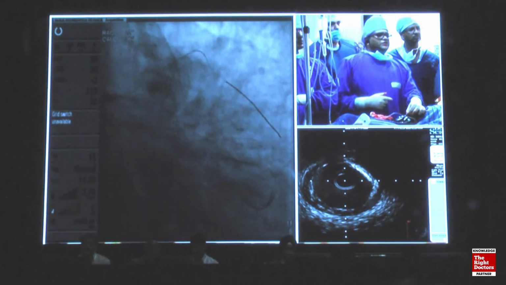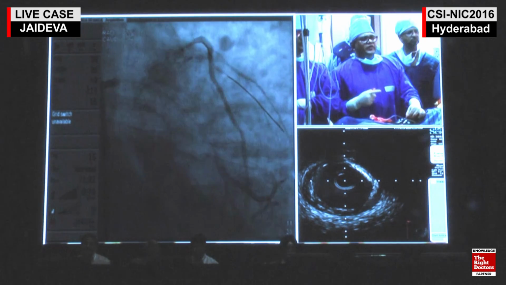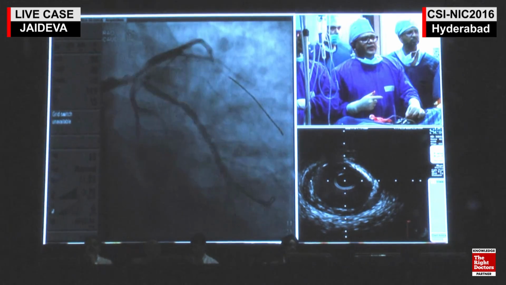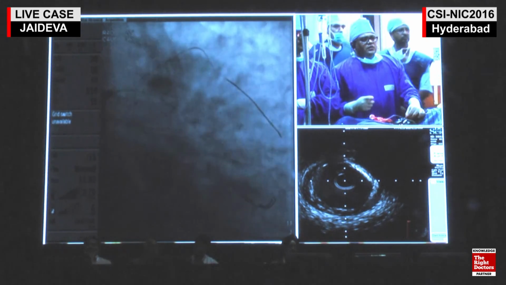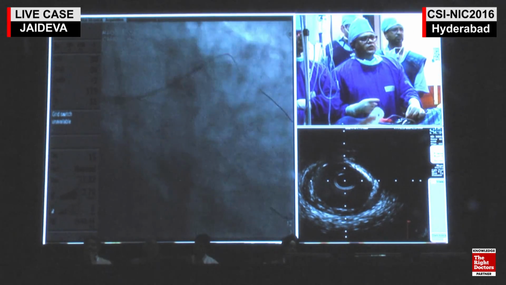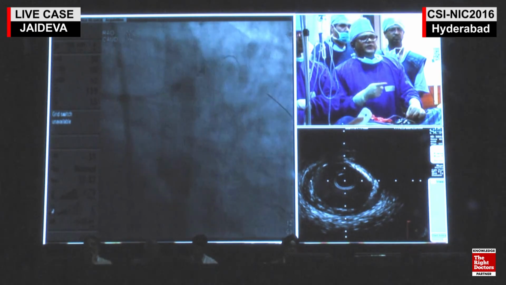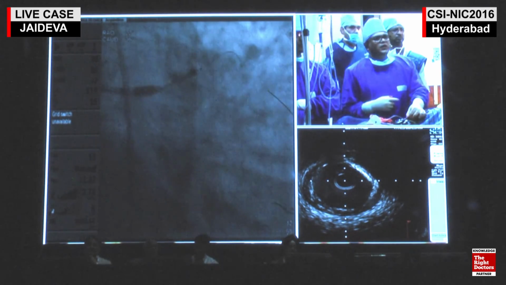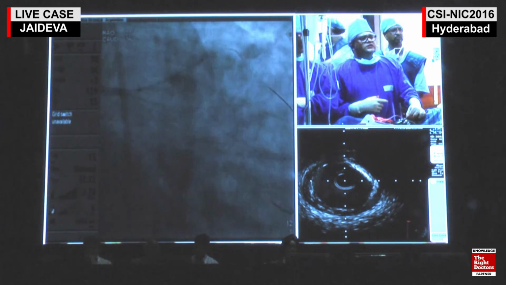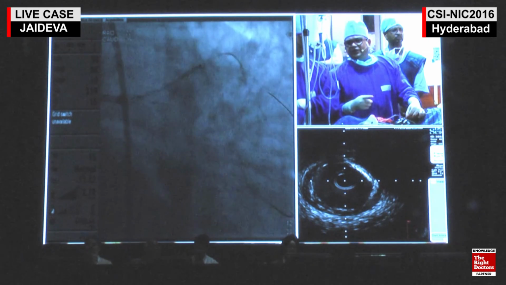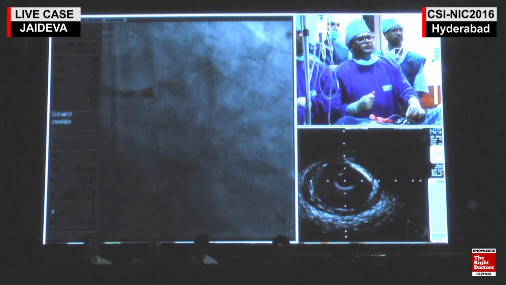Patient presently is fine, and this is what the result is. We have given intracoronary eptifibatide. Next view. And then hurriedly we went ahead. It's been dilated with a 3 millimeter balloon from left main to LAD, and then stented with a 4 into 28 millimeter stent. Next view, please. Which stent? Next view, please.